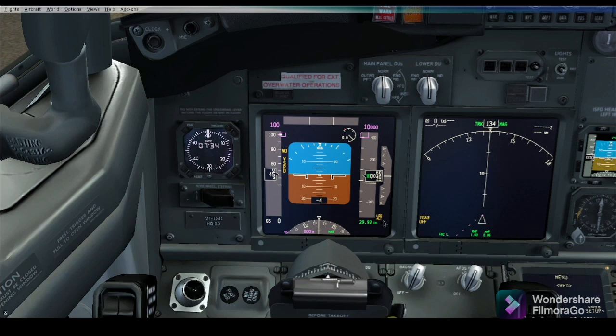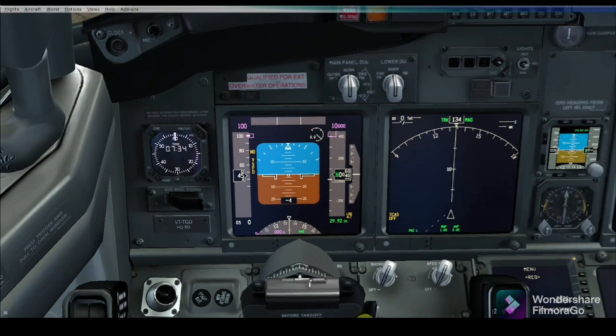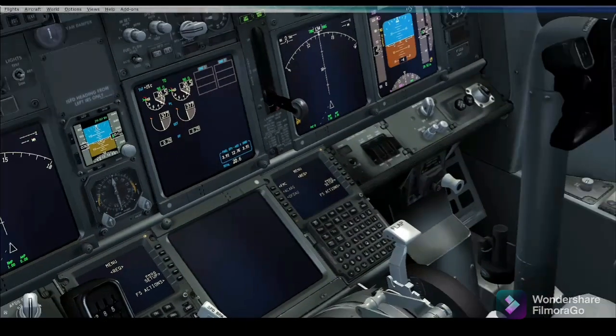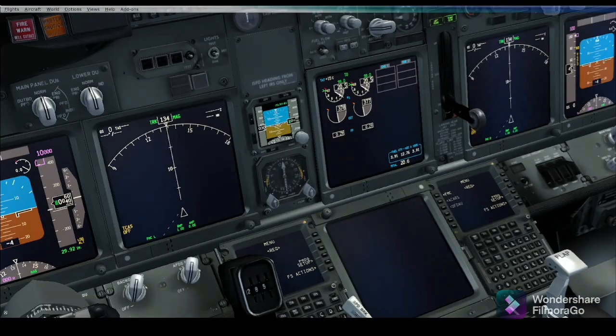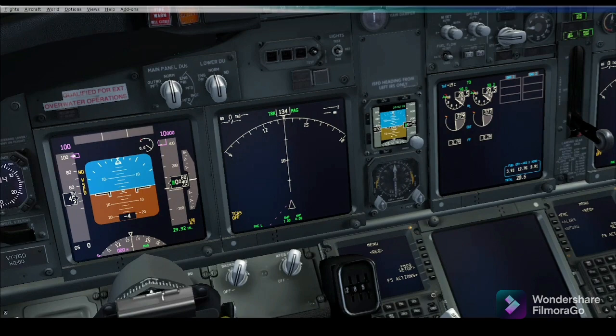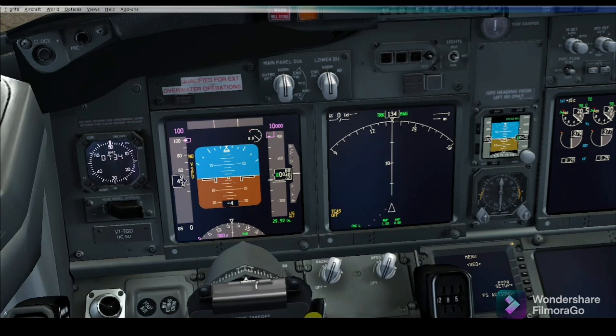Now we are starting the main and important panels of the aircraft. These are the preliminary instrument panels. There are two here and two over here. This complete section is the preliminary instrument panel. In the preliminary instrument panel, there is the electronic attitude director indicator, in short form we call it EADI.